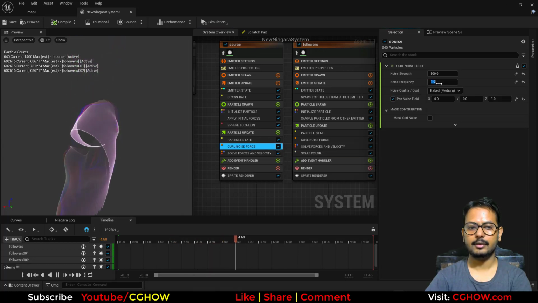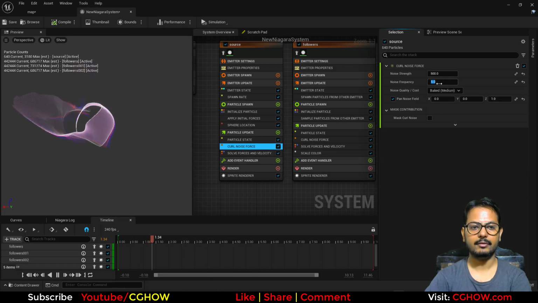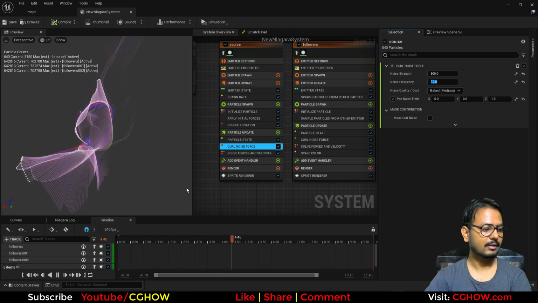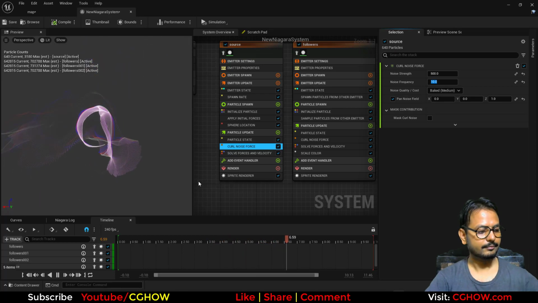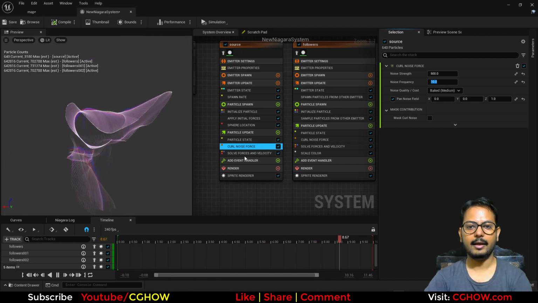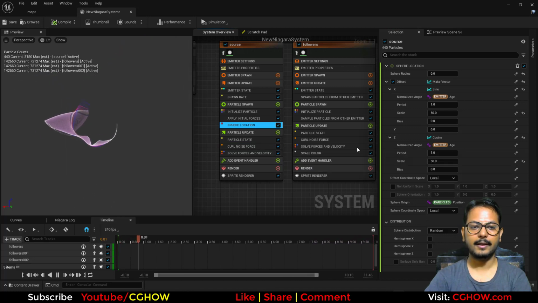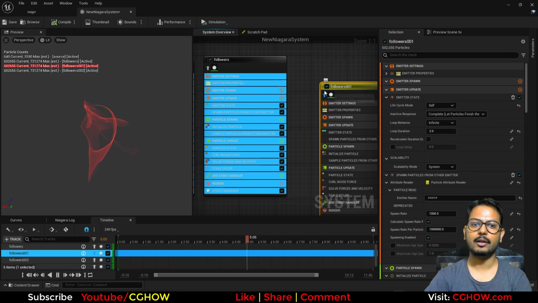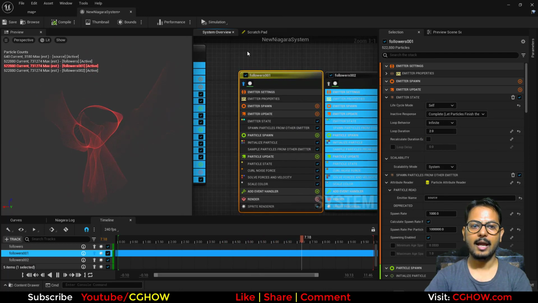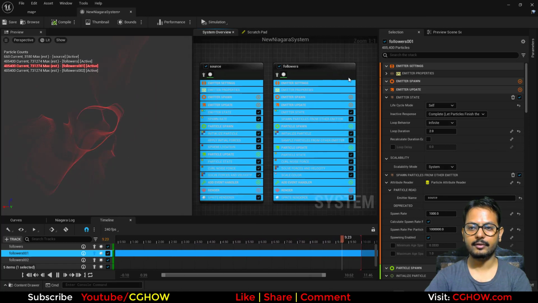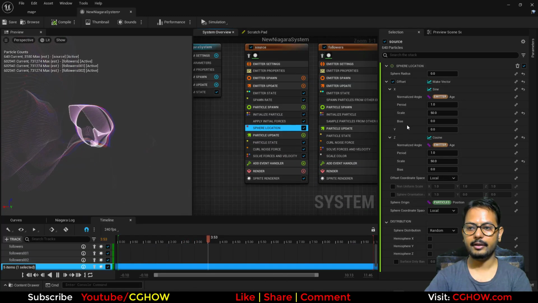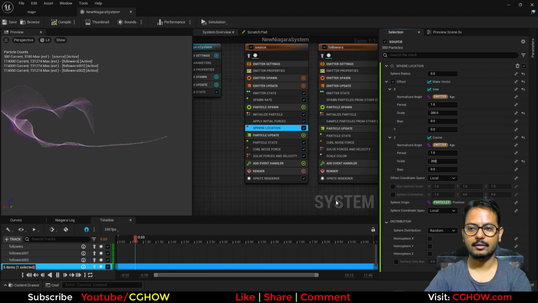And let me make it 5 or 10. See, that's how you make the variation. And then these are your third variation. And this is not exactly your red variation. If I increase the radius to 200,